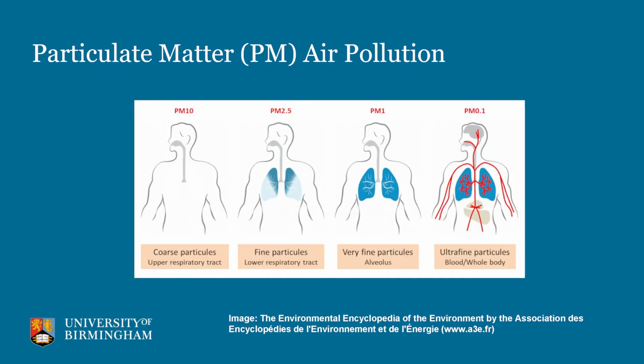So this image shows you where these different sizes of particle get to in our body. Of course, our first interaction with them is as we breathe them in. The first size we're interested in, particles which are about PM10, so that's 1/7 the size of our hair, gets into our upper respiratory tract and stops there. Then the finer stuff, the PM2.5, gets further down into our lungs, and so that starts interacting in there. And when we get smaller and smaller, it gets further and further into our lungs. And when we get to the really small stuff, then that can start getting into our bloodstream.